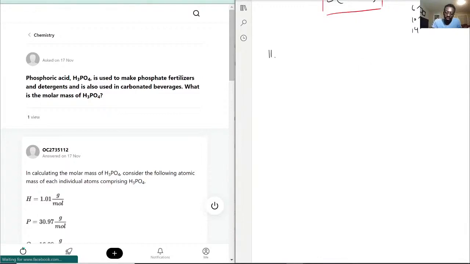So, as I discussed earlier, technically it's not phosphate, but things that end in -ate. Like phosphate, for example, the ion PO4 3 minus. Well, first actually let me write the question. I'm jumping ahead. What is the molar mass of H3PO4? Okay, so like I was saying, when you have an ion that ends with -ate,